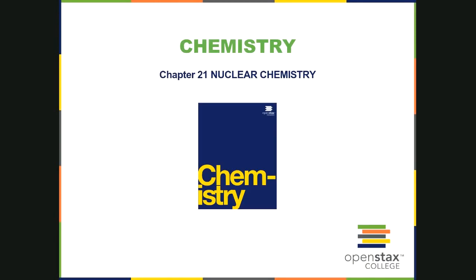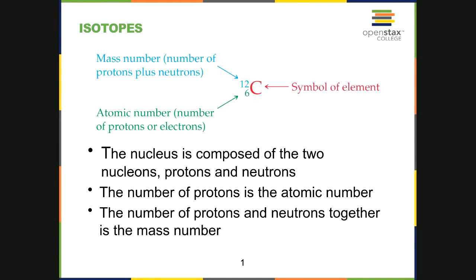So this is chapter 21, nuclear chemistry. And this goes with the lab that we did on Monday. So we know from that lab that we have these things called isotopes. We talked about this some in Chem 140, that